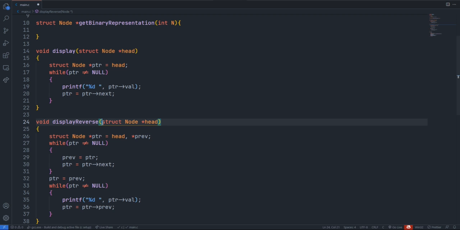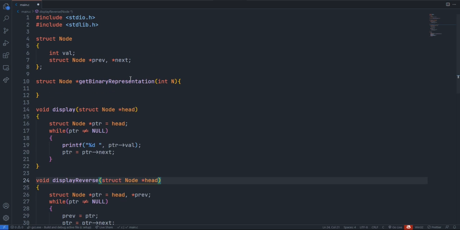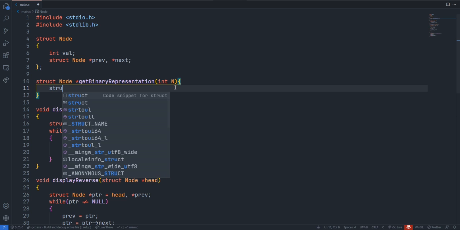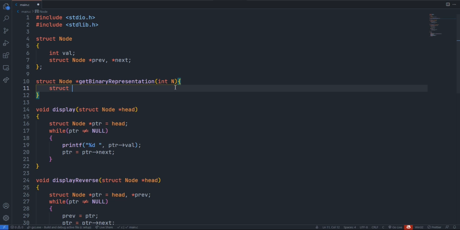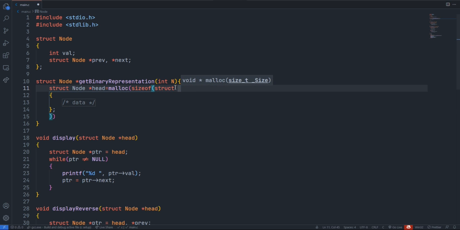But with the help of my, yeah, the dark magic site, Stack Overflow, I got the solution, so I'm going to share that. So we usually create a structure like this, right? Struct node star head equal to malloc of size of struct,